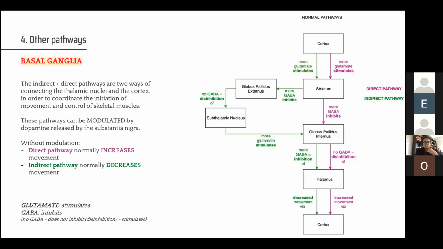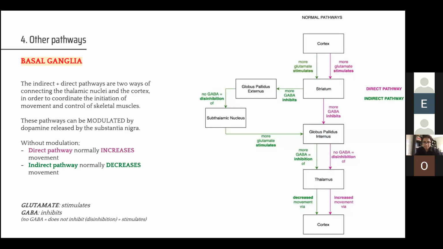What these two pathways are really important for is to control movements of your skeletal muscles. So it modulates their movements. These two pathways are controlled by dopamine, which we'll talk about in the next slide. The two neurotransmitters that are important for these pathways are glutamate, which just stimulates whatever's next in the pathway, or GABA, which inhibits the next thing in the pathway. The thing about GABA is that if you have no GABA, it doesn't inhibit, so it technically stimulates whatever's